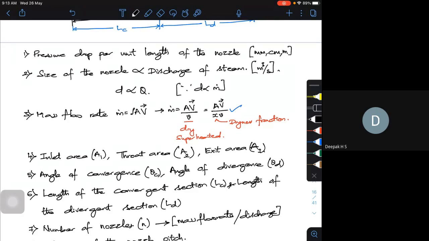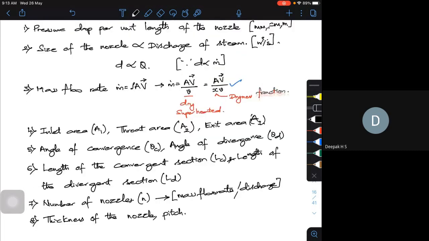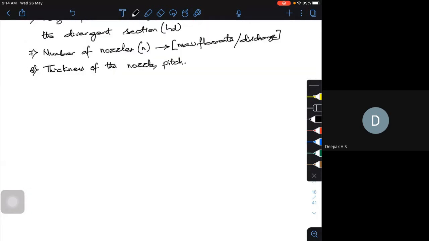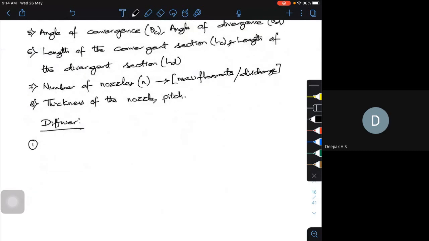In case of a diffuser, you don't have any throat. Whatever I wrote so far is for a nozzle. For a diffuser, a few things we have to eliminate from what we have already discussed. If I consider only the diffuser part, what is important? Anyhow, pressure drop, or what we call pressure increase. Instead of pressure drop, here it will be pressure